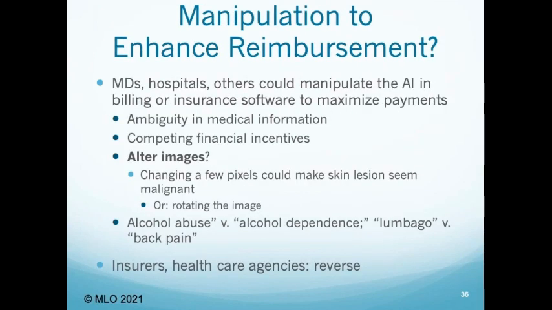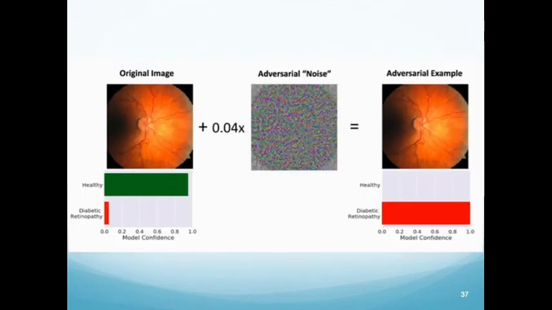Now, I mentioned that it's possible to manipulate AI to enhance reimbursement. The best example I can give of this is this slide. We have here a view of the fundus of a given individual, and I'm not good enough, particularly now that I'm 35 years removed from clinical care, to be able to tell you, but those who are say that the image on the left is so unlikely for diabetic retinopathy